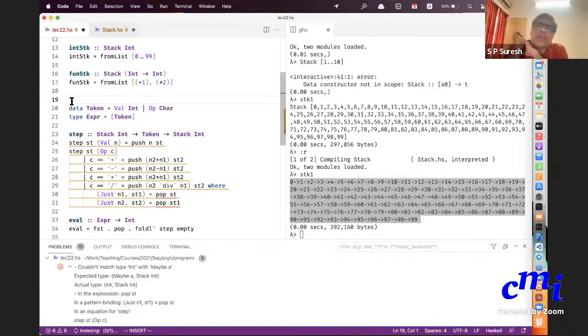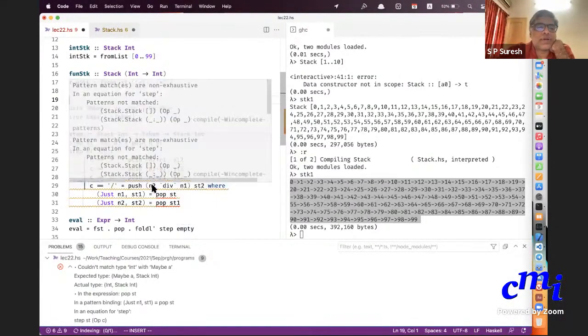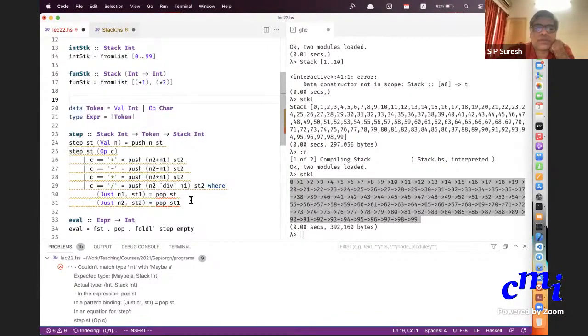We can discuss more in detail in the next class if you want to. I'll upload the code. All the slides have already been uploaded, so try to go through them over the weekend. There is a question, we can address it when we meet in the next class. Other questions now? There are some issues here because of non-exhaustive patterns and whatnot. I'll fix that, and that should be doable soon. Anybody has a question?